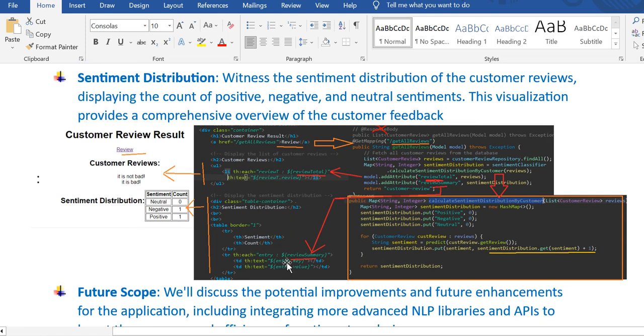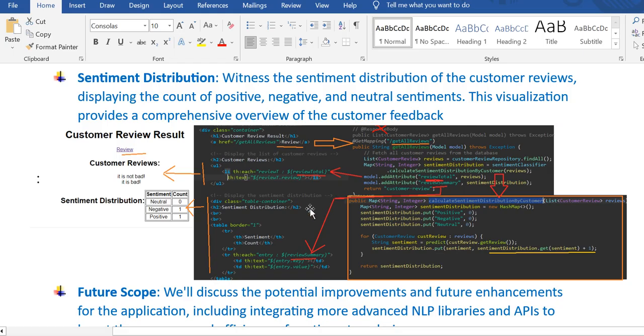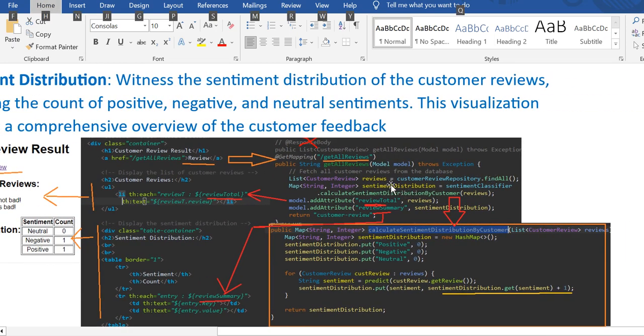So here is the review summary, right? Click on the review button. Here is the review button. What happened here? If you hit get all reviews, it will go to get all reviews. So we have the JPA repository, getting the find all, right? And get the list of the